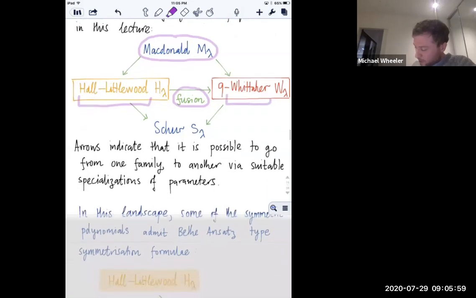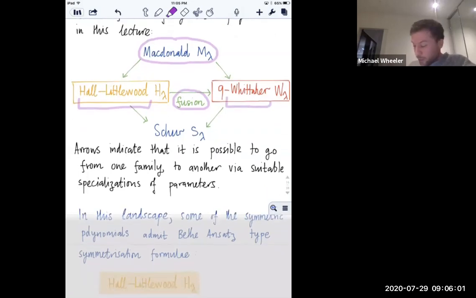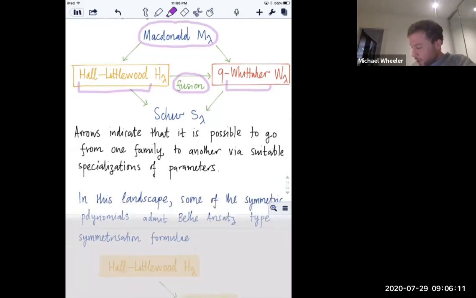This step you won't really find, to my knowledge, in McDonald's book, for example. He never really talks about this particular procedure. And if you want to go even further down the hierarchy, you can specialize both of these, the whole-Littlewoods and the q-Whittakers, and you'll get down to the Schur polynomials, which live at the base of this hierarchy. And of course, all of these families of polynomials serve a very important role in integrable probability,